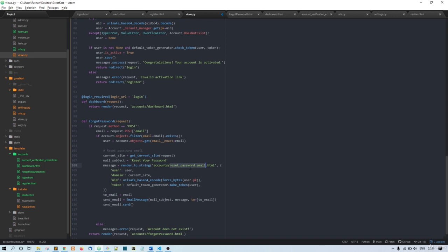Okay, and user will be user, domain is a current site, UID this is also the same, and the token this is the make token, and to email is equal to email. Okay, so we have this email, and this is just a variable send email. If you want to change the name of this variable, you can change that. Then email message, we have mail subject, we have message, and we have to email,